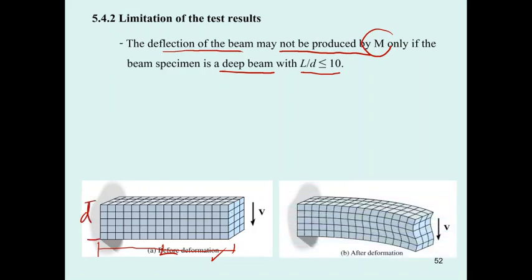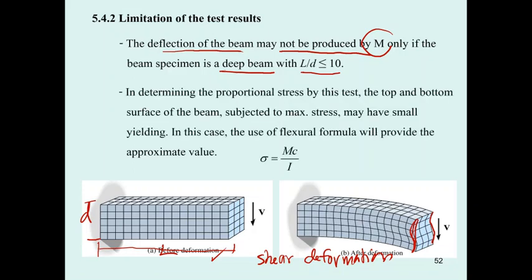So when it's subjected to the force, there is some change in the deformation here, like this. There is what is called shear deformation. When there is shear deformation, the deflection will include both bending and shear, and the result may not be correct. So our beam must be long enough. And second, in determining the proportional stress of the beam, the top and bottom surfaces of the beam are subjected to maximum stress. That means for this,